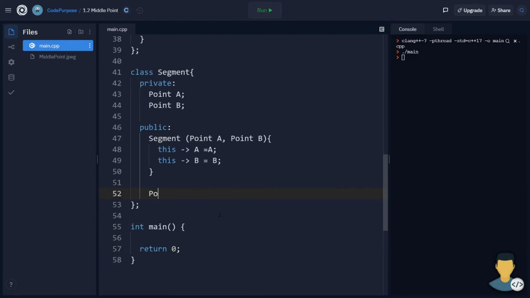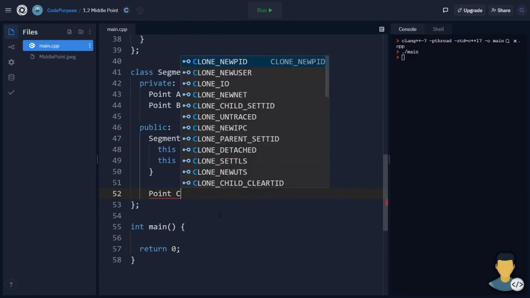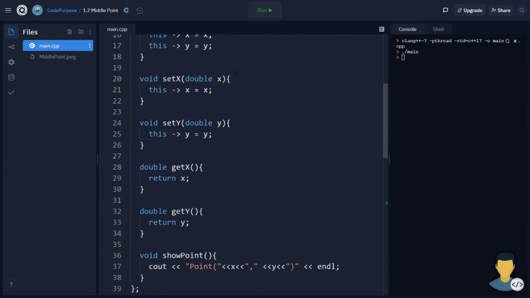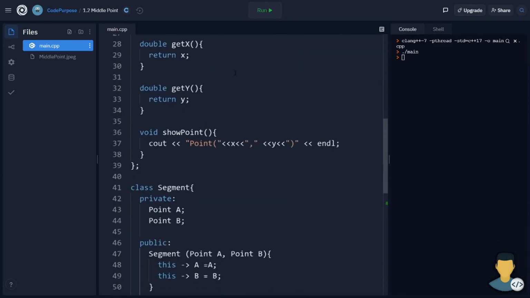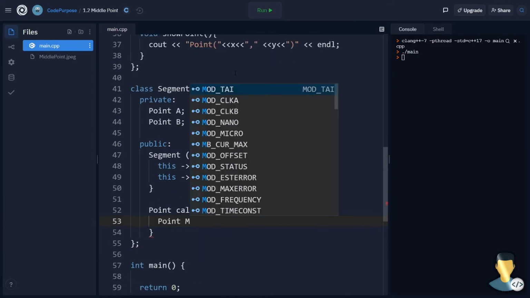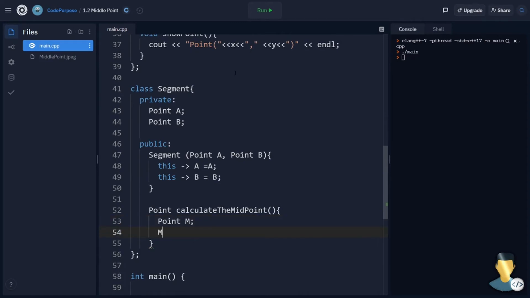And now I'm going to calculate the midpoint. Now I know what you're saying, why did I use point and I didn't use any type like integer or double or something else? I wrote point because I need to return the point. When you need to return the point or the object, you always write the name of the class which you want to return. So in this case, like the exercise said, we need the point m, where in the point m we will be setting